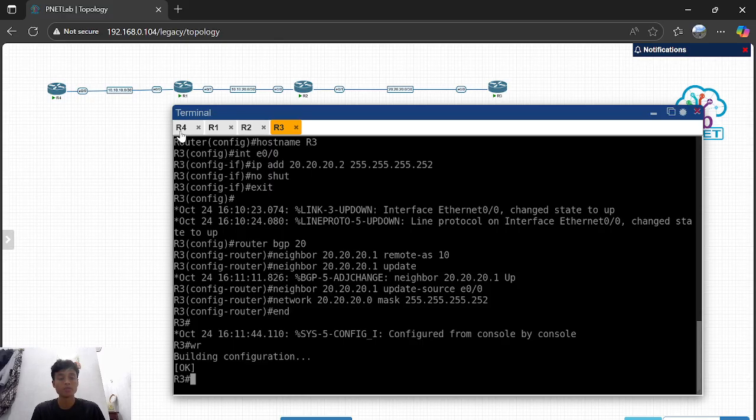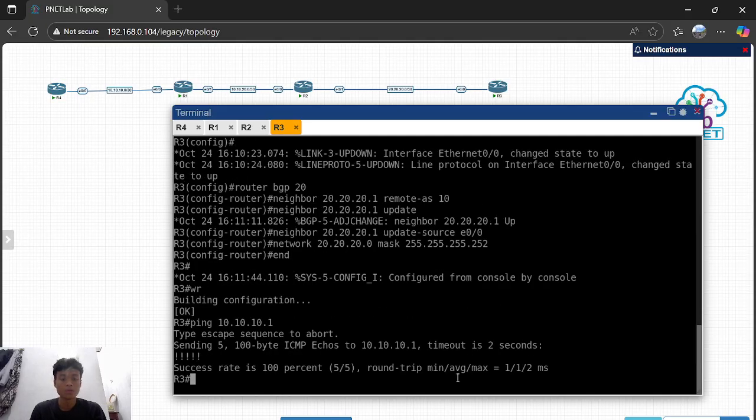So this is the last configuration. We have configured the first router, the second router, the third router, and lastly the fourth router. Now we will try to ping the first router here. The success rate is 100% guys, so it is successful. I ping from router 3 to router 4.